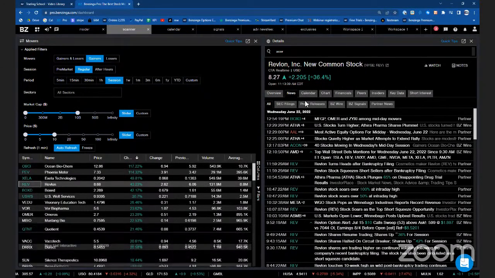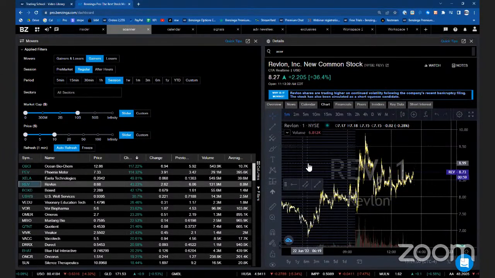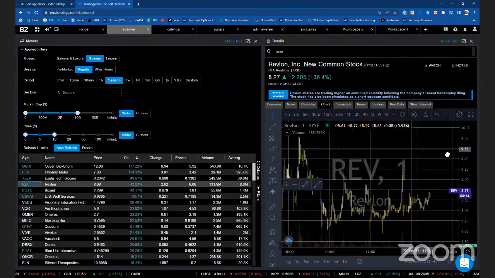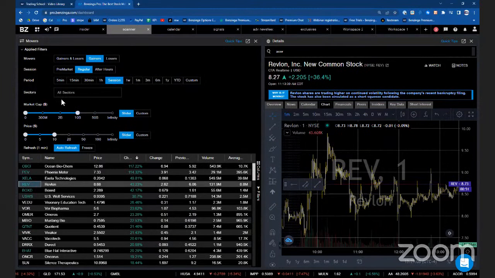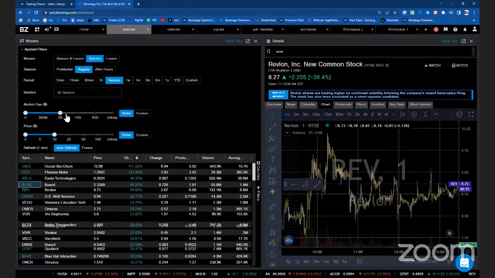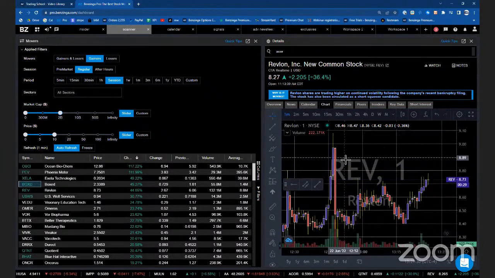So basically, I just want to show you this scanner, how you can use it in many different ways. Keep in mind that here, you can pretty much select the market cap. As a quick example, guys, if I want to scan stocks that have a market cap of at least $2 billion, then I can select that, right? If you don't want to trade low floats, or if you do want to trade them, you can put everything under 2 billion. I'm not saying 2 billion is the marker. I'm just saying that's how I use it to weed out some of the smaller ones, unless there's some banger news, like Revlon today.